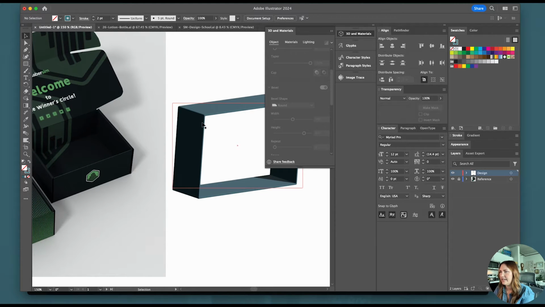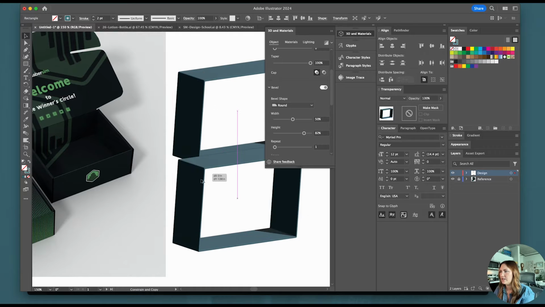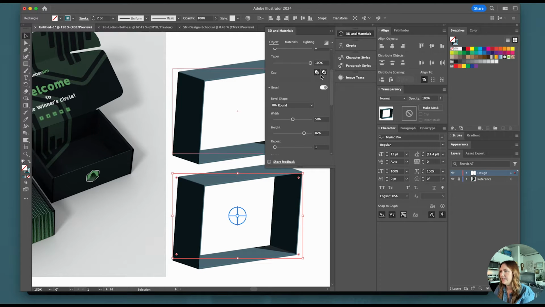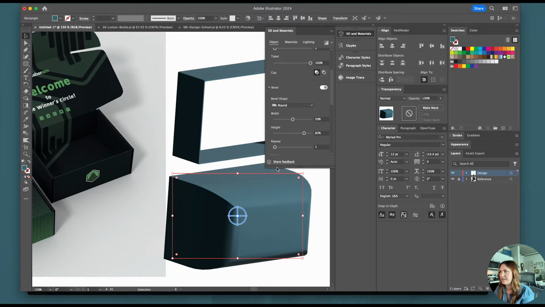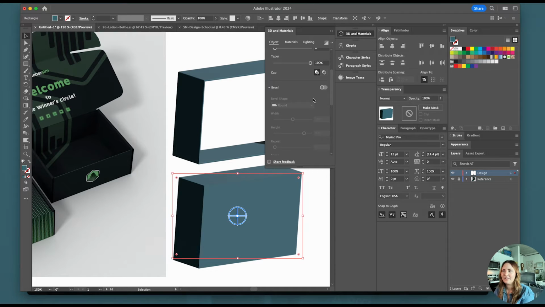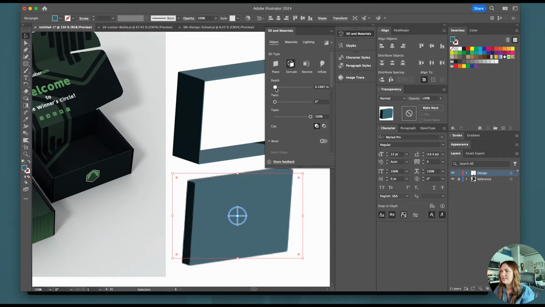Next, we're going to create the bottom of the box. So I'm going to drag, make a copy, and instead of using the outline, I'm going to come over here to the colors and I'm going to swap those around so that I have a solid shape and then turn off the bevel. And I'll also need to reduce the depth